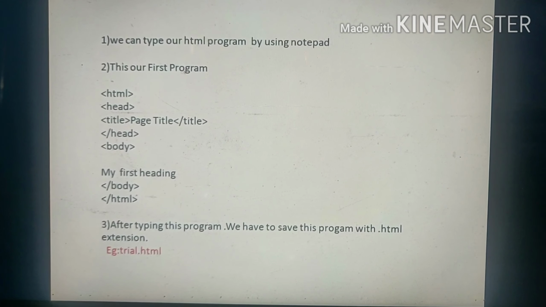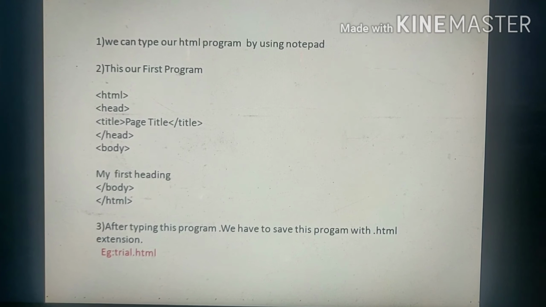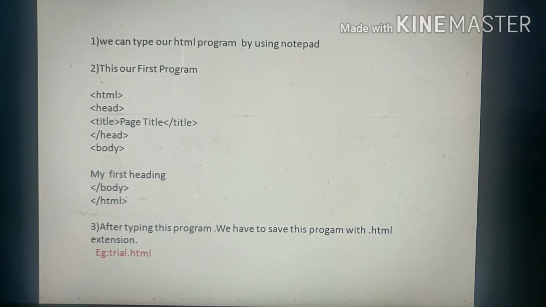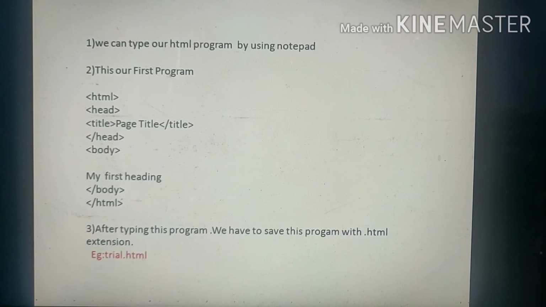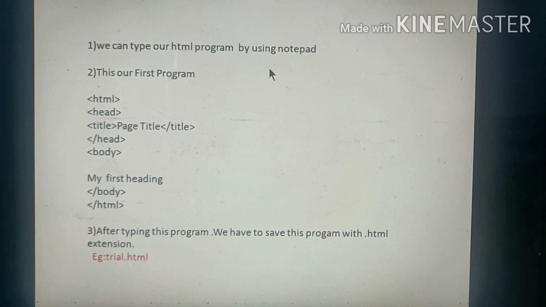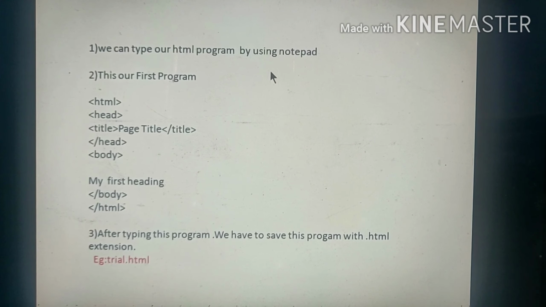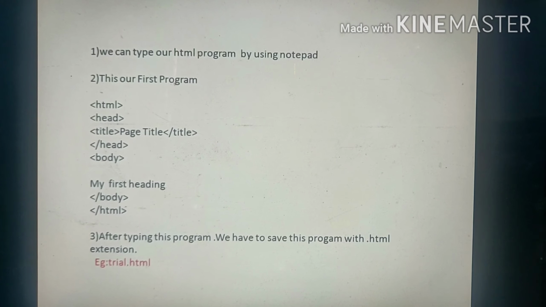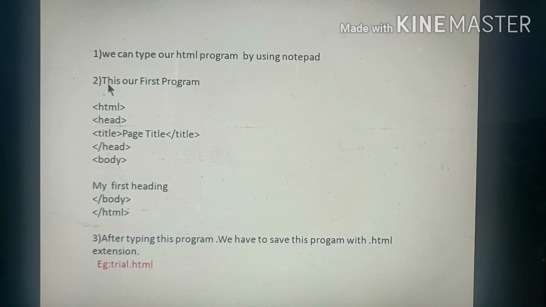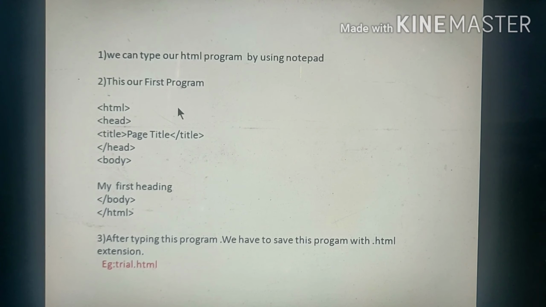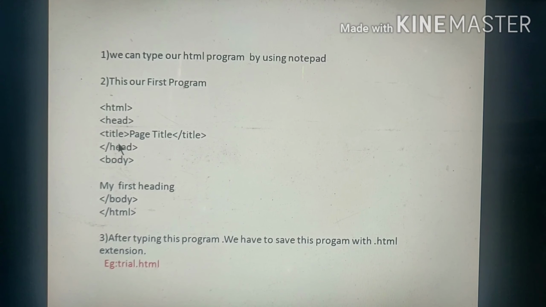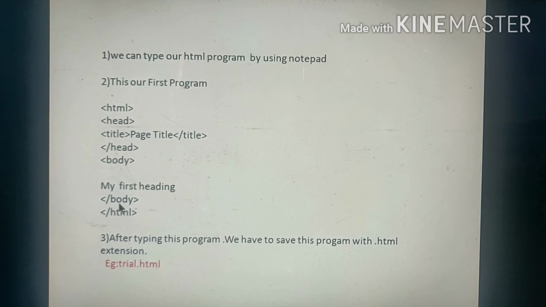Let's start our first HTML program. We can type our HTML program by using Notepad. This is our first program. You can type this program as it is in Notepad.